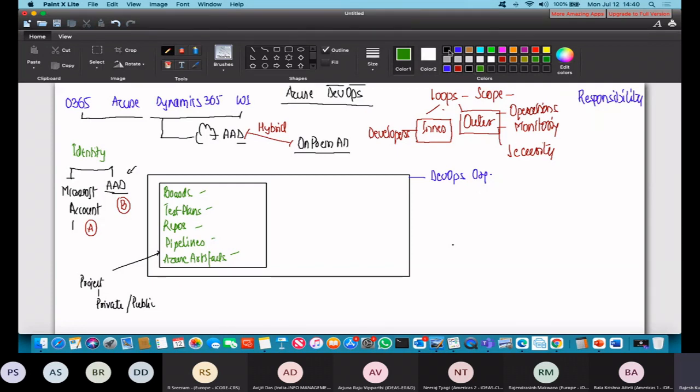Simply, let's say for example, if I already have what I'm mentioning up here, MA. MA is a Microsoft account. So if I'm already having an MA, a Microsoft account, we can sign in to dev.azure.com. So this becomes one possibility, that I can simply go and create a DevOps organization by using any Microsoft account. Or else another possibility becomes that